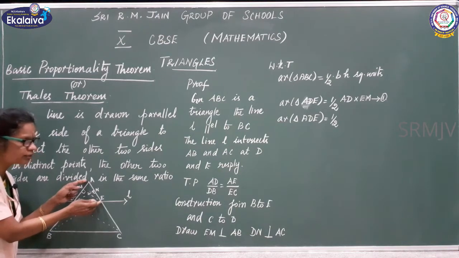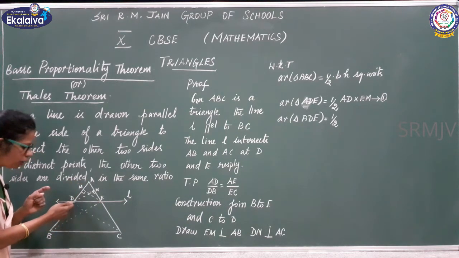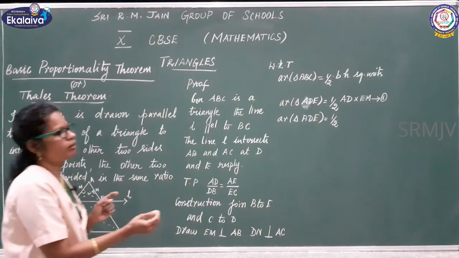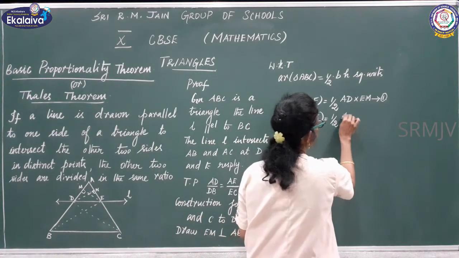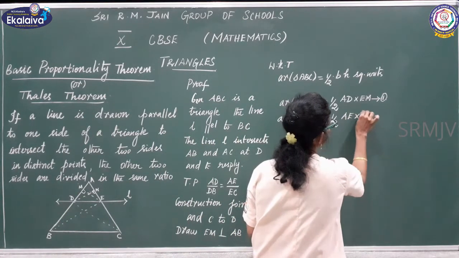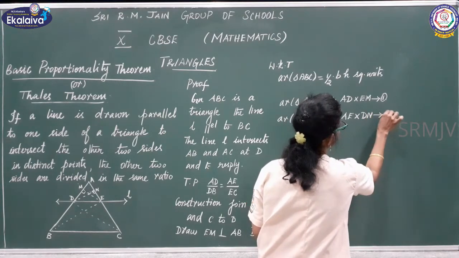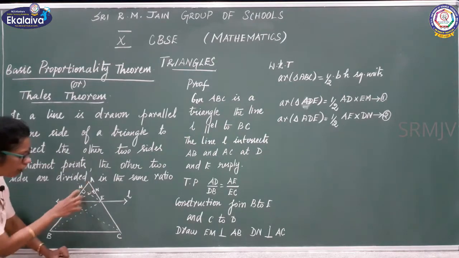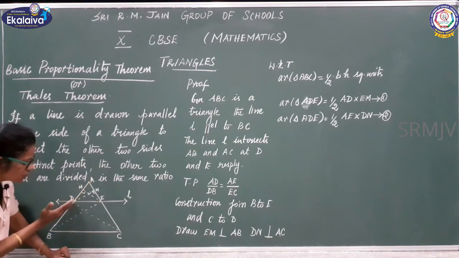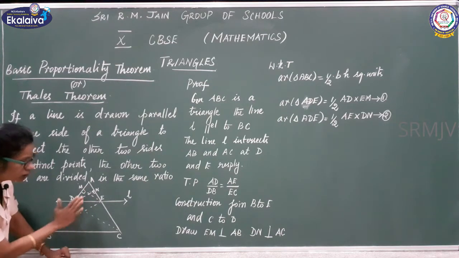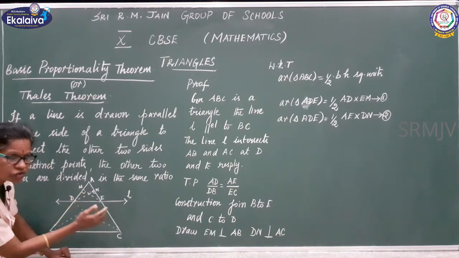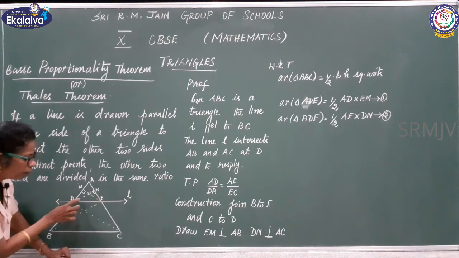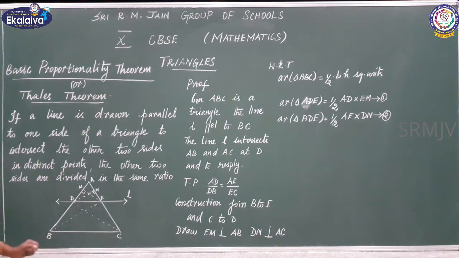So, what is the base here? AE, which is the perpendicular height? DN. So, AE into DN, that is equation number 2, right? First I took AD as a triangle, the base is AD, the perpendicular height is EM. Next the same triangle, the base I changed as AE, the perpendicular height is DN. Now I am going to move to the next triangle, that is